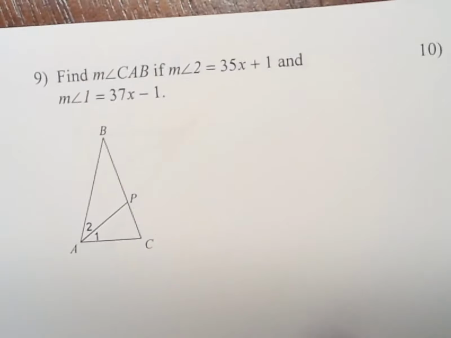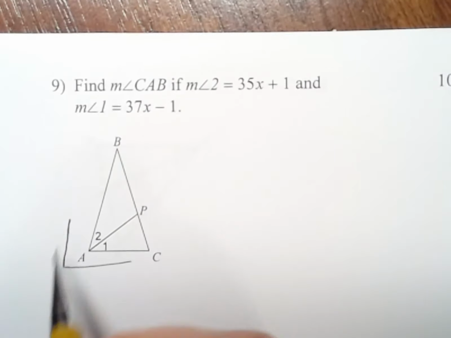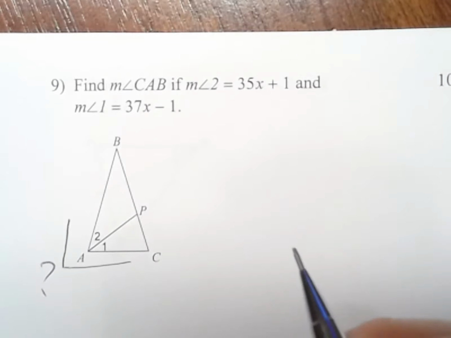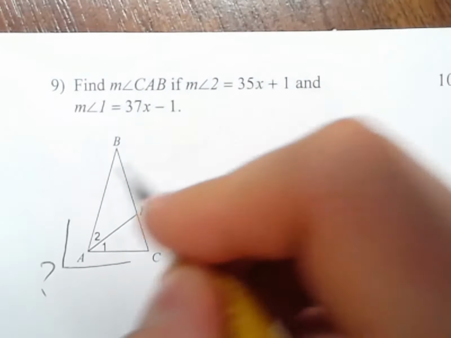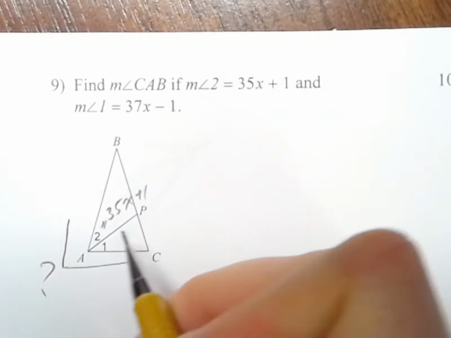How about this one right here? I'm going to do this one. So find the measure of CAB. So we need to find CAB. If the measure of angle 2 is 35x plus 1, so this is 35x plus 1, and